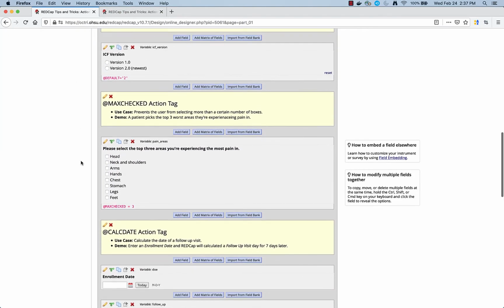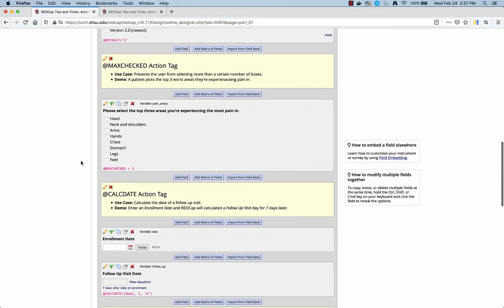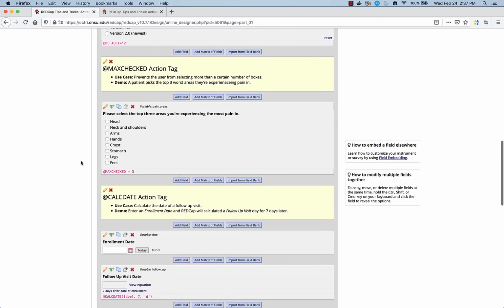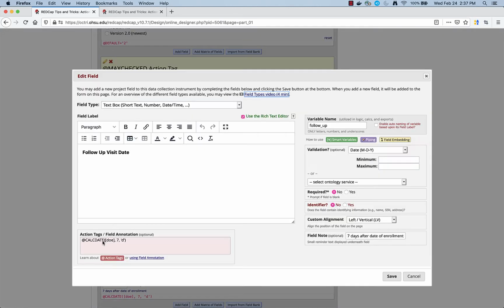Next, we have the calc date action tag. This one is where you can calculate the date based on another date. So for example, we have an enrollment date and we want to calculate, well, when should their follow-up visit be, 7 days later? So to set that up, we'll have the calc date based on the previous question, the date of enrollment. We have the number 7, and then we want to do that in days,